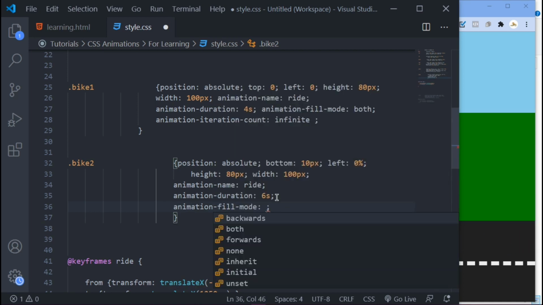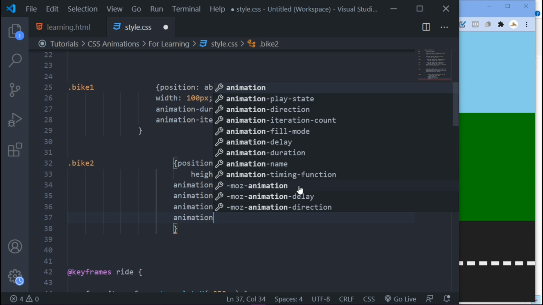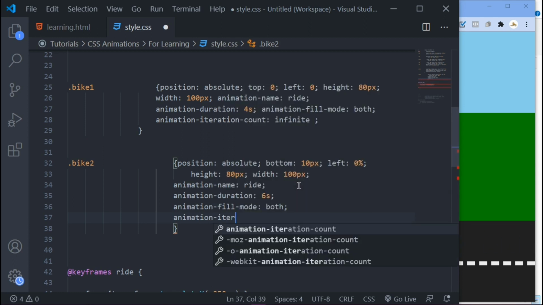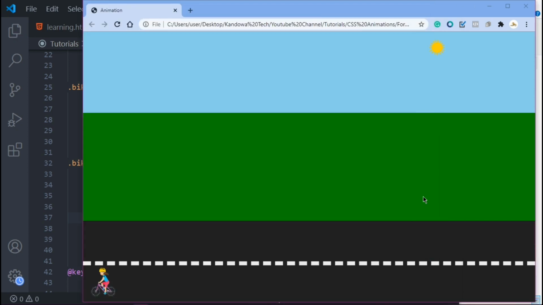If you don't know what fill mode is, we covered this in our previous tutorial. I will leave the link in the description. So we are going to be using both, the same as the one that we use on top here. And then the next property that I want us to do is animation iteration count. Again, we covered this in our previous tutorial. So we are going to keep it as infinite. If you come down here and refresh in our browser, you see they are both